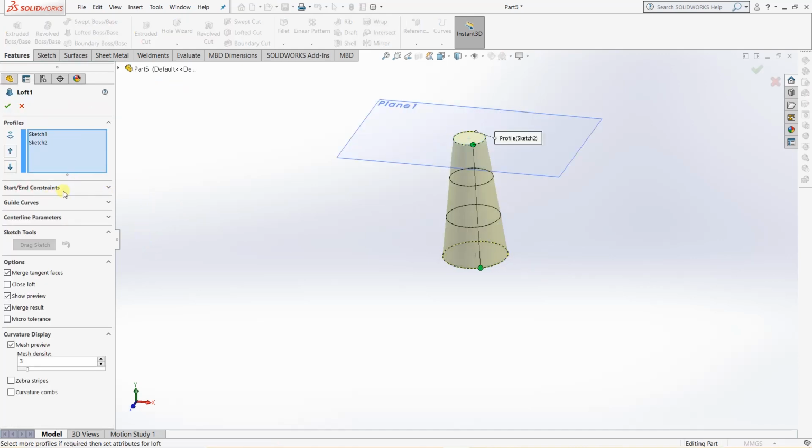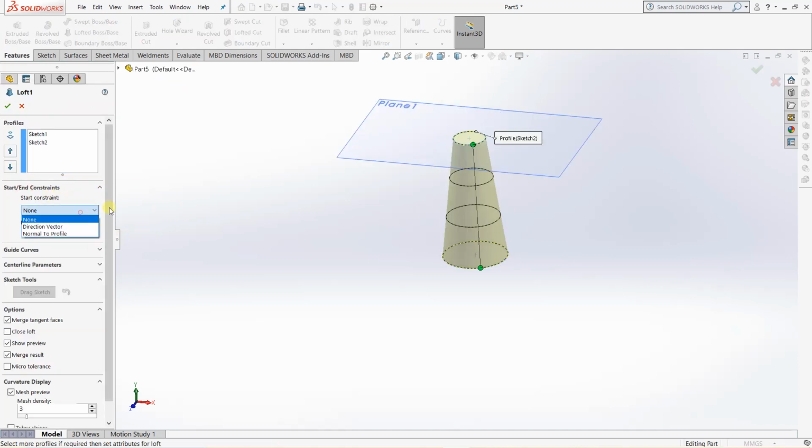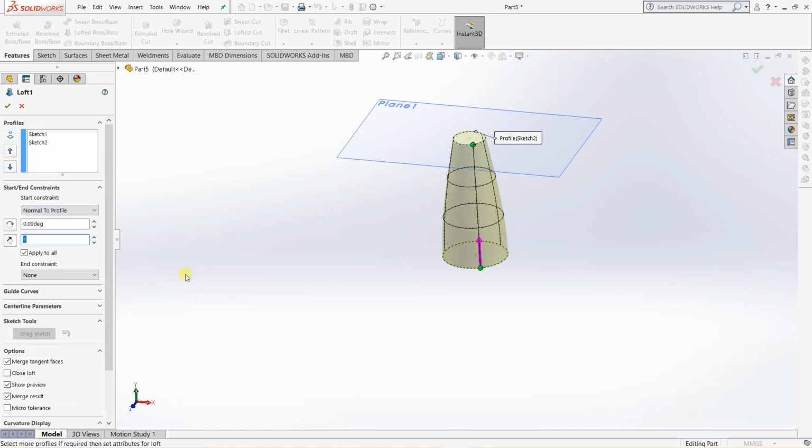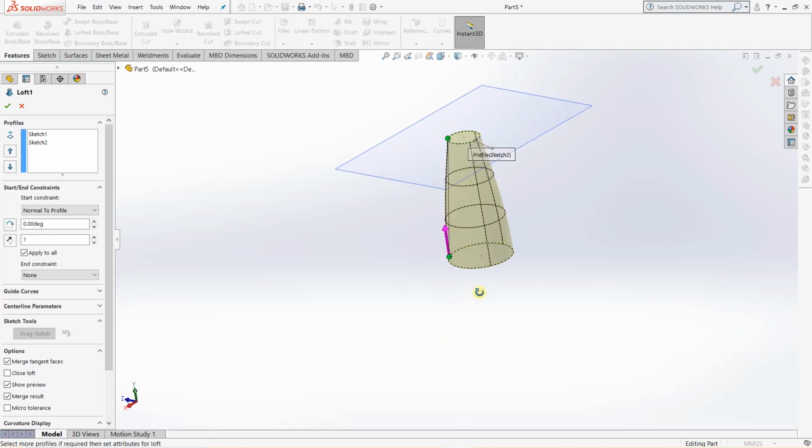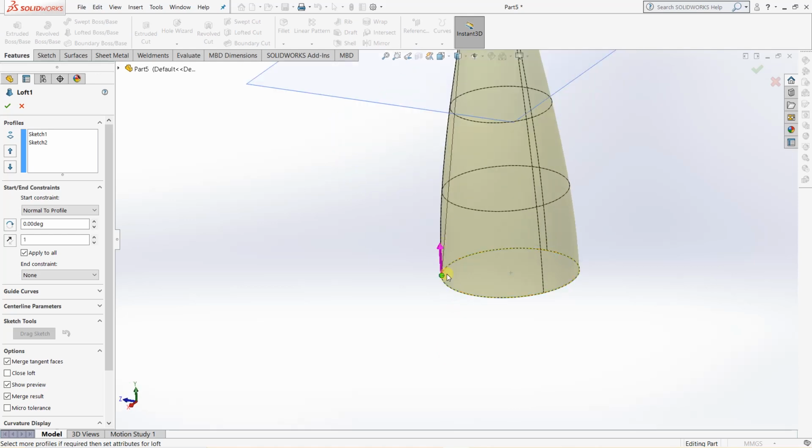let's now look further. We will select the start constraint as normal to profile. What normal to profile does is that the starting curvature of the shape of the loft will be normal to the profile.